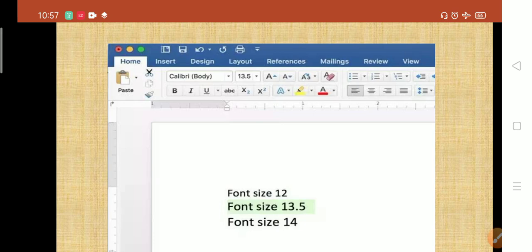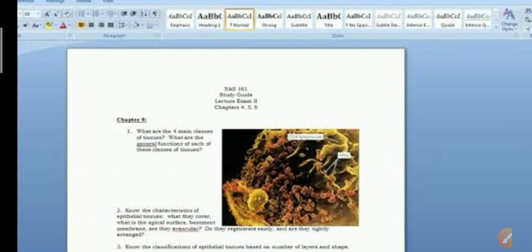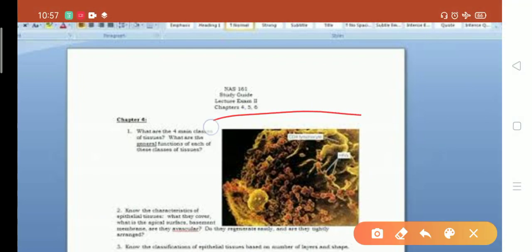Okay, see, next thing, we can insert a picture in it. You can see over here the picture is given, right? I'm highlighting it. So you can insert a picture in your document to make it more efficient for the next person, for your client, for any purpose.